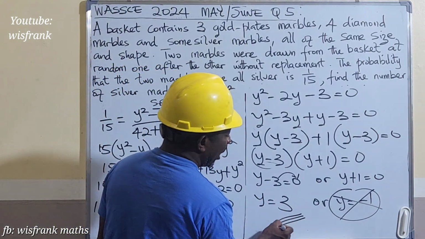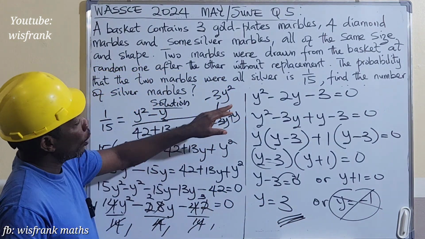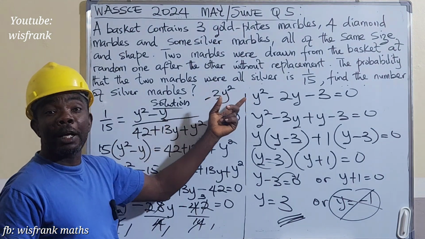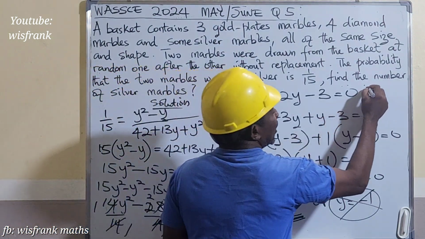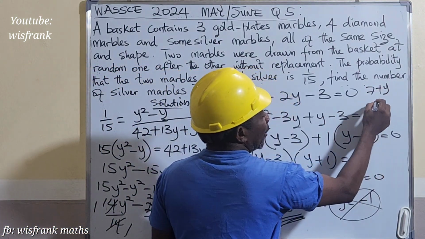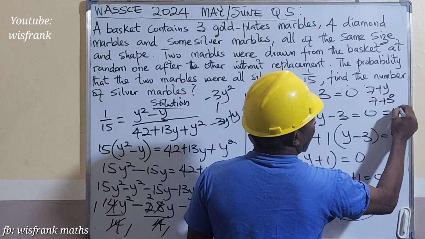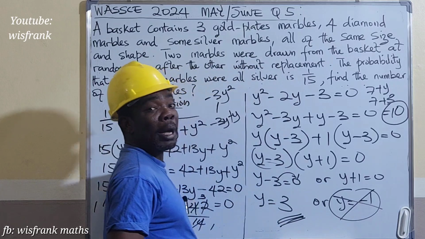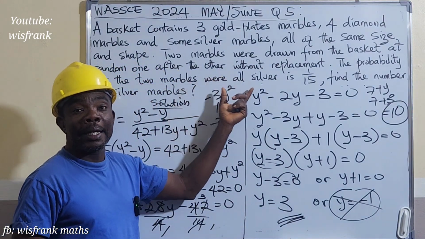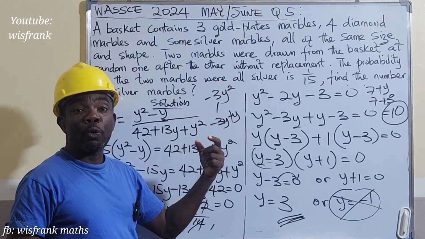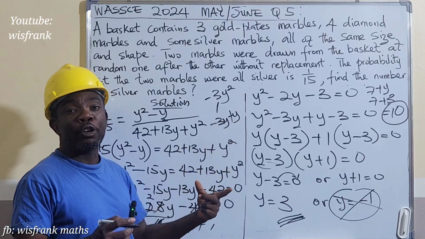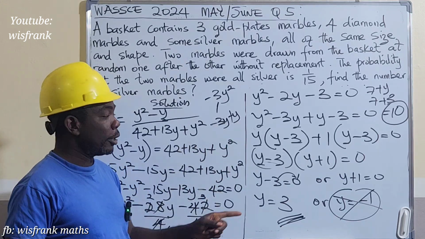So we have 3 marbles. From our equation, we said that our total number of marbles was 7 plus y, where y is 3. 7 plus 3 equals 10. So we have 10 marbles inside that basket. And the number of silver marbles picked at random, one after the other, without replacement, is